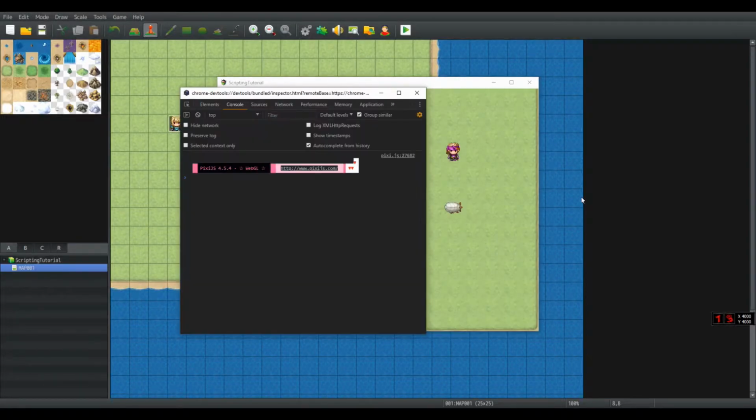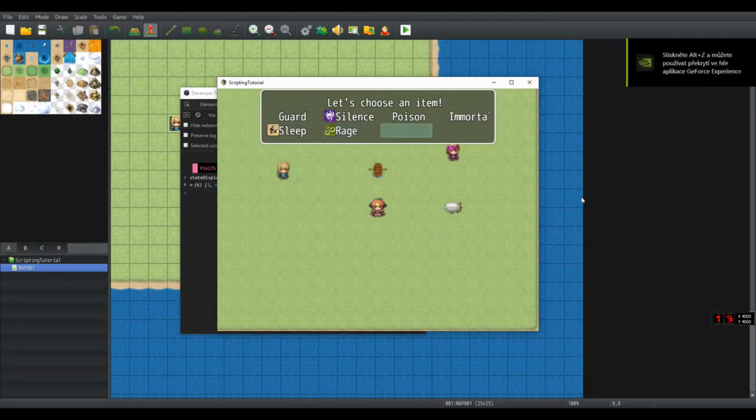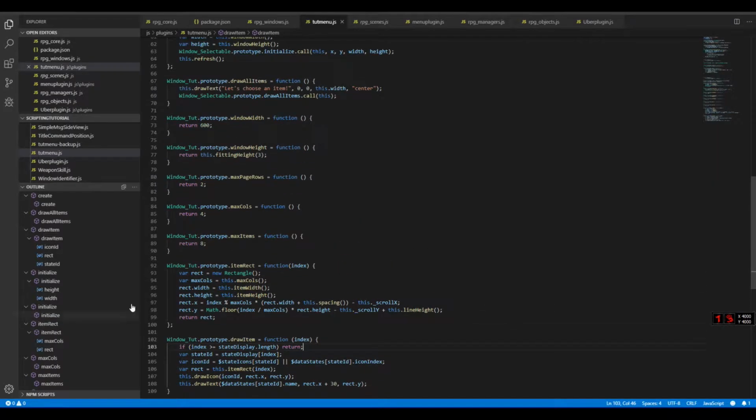If we try to do it again, we can see that we can still select the last 2 items even though they are empty. So to deal with this, since this is not a scrollable window, I don't want to have these 2 items. To deal with this, there are 2 options. One of them is simple and plain. You simply take the max items and return